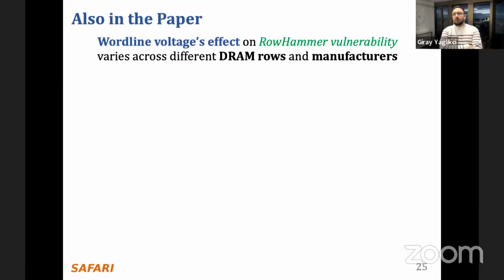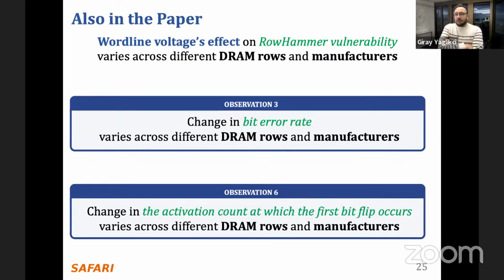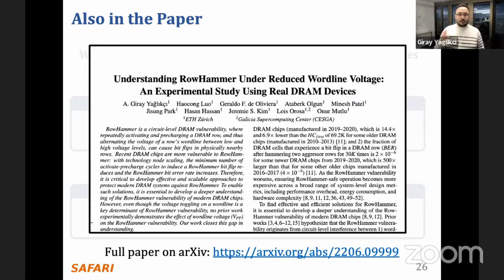So we look at wordline voltage's effect on RowHammer vulnerability, and we show that it varies across different DRAM rows and DRAM manufacturers. So we have the observation that the change in bit error rate varies across different DRAM rows and manufacturers, and the change in the activation count, so this is RowHammer threshold, varies across different DRAM rows and manufacturers again. And you can see more in-depth analysis in the full paper or in the extended version